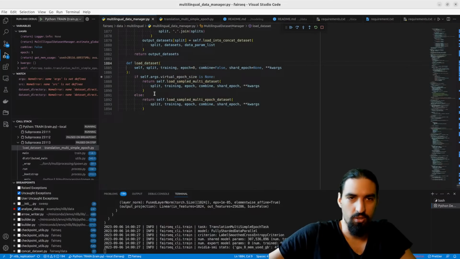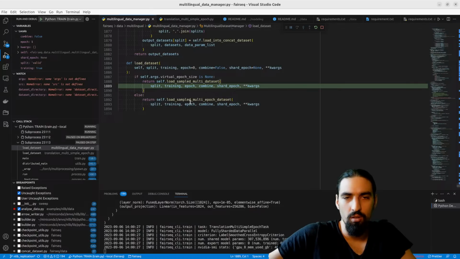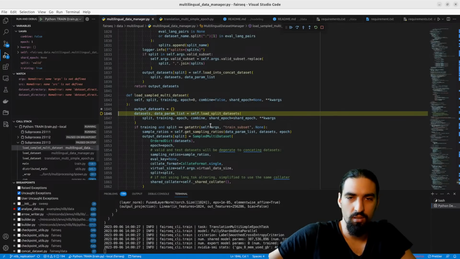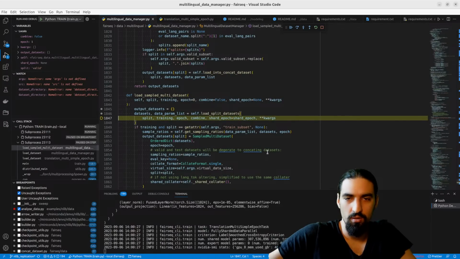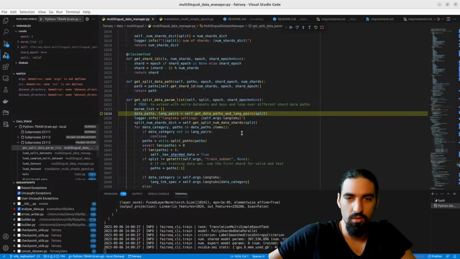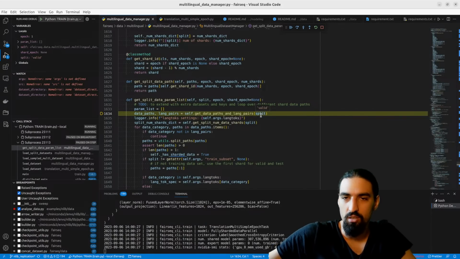Let's just enter here, hit F5, load multi data set, load split data sets, load data param list, get data paths and length pairs for valid.